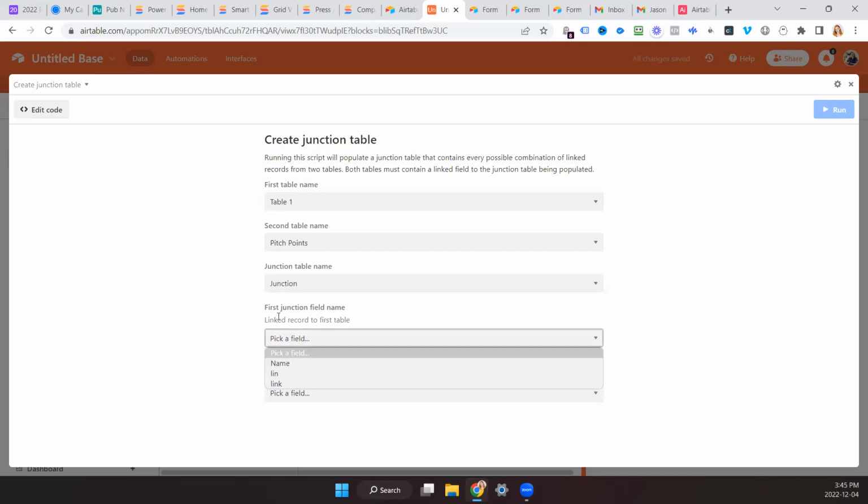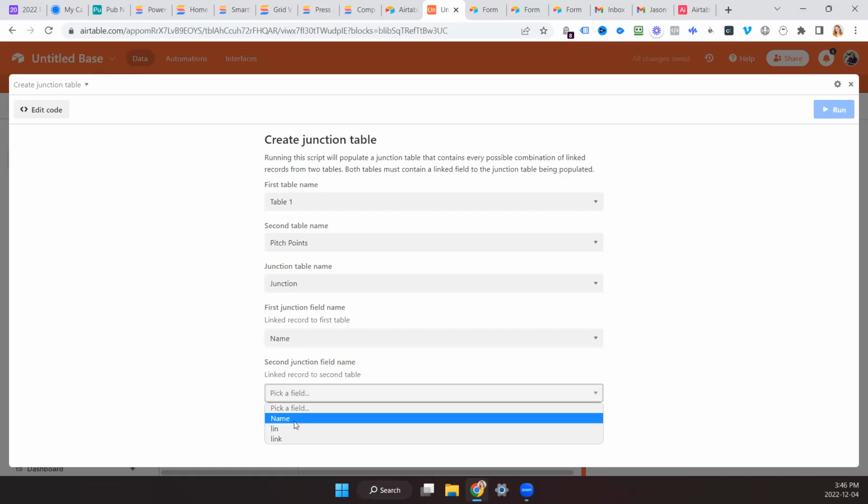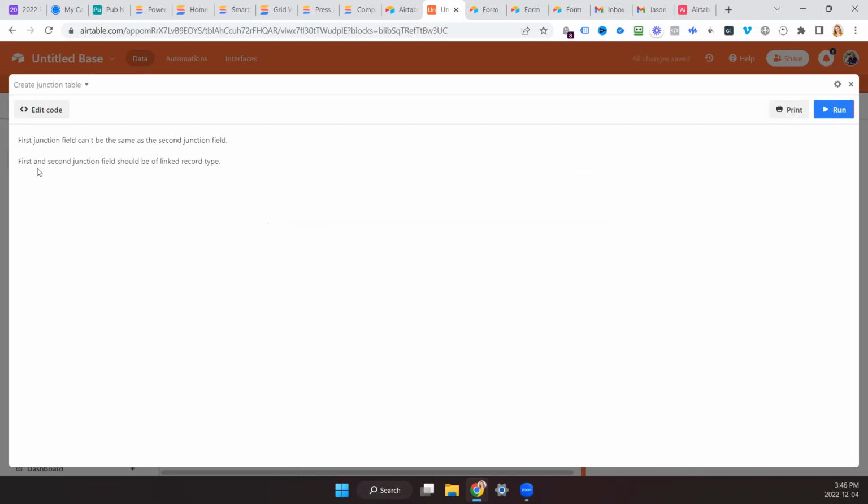Now we can pick a field, link record to first table. I want to link to name. Second junction field, name. I didn't change the names of the primary fields. Now, if I run this, first junction field can't be the same as this. Oh, let's go back. What's happening here? Edit.